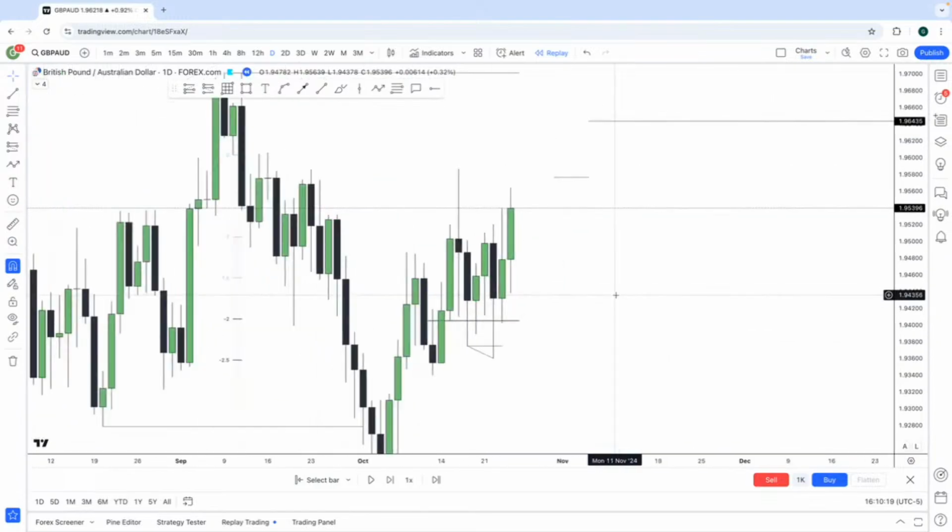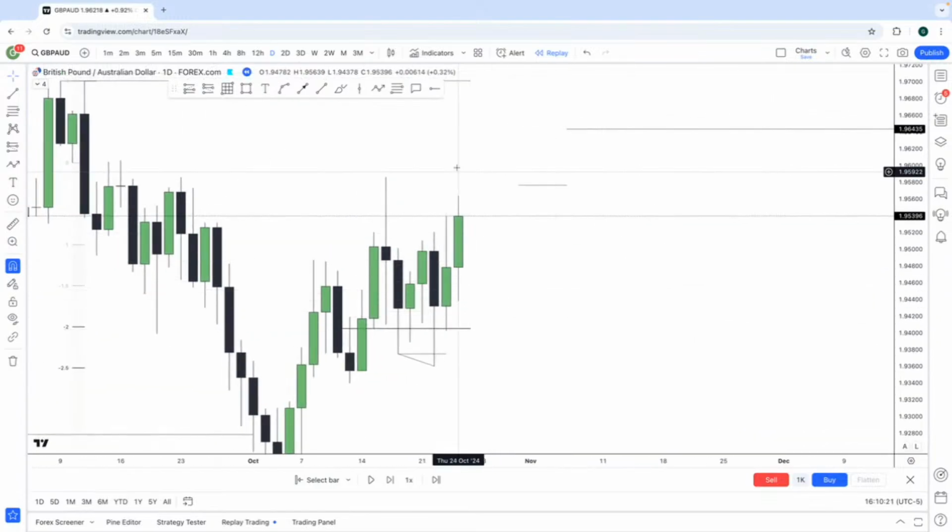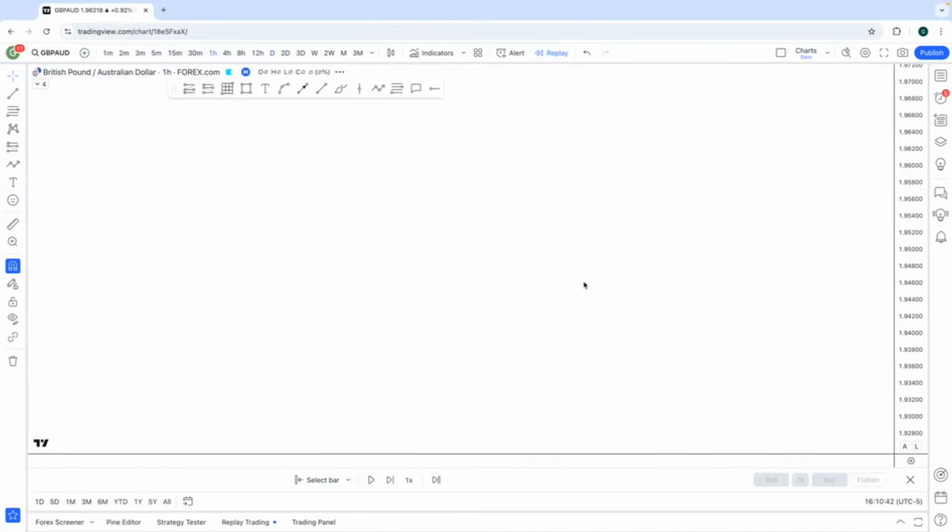So for one, I'm comfortable longing because we manipulated this low. So I can long either both of these days, right? Because the previous day manipulated. And if we have time frame alignment, as in a 1 hour CSD, then I can look for continuation the rest of the week because this aligns with the classic buy week, right? Into this high. So if I go to the 1 hour charts,